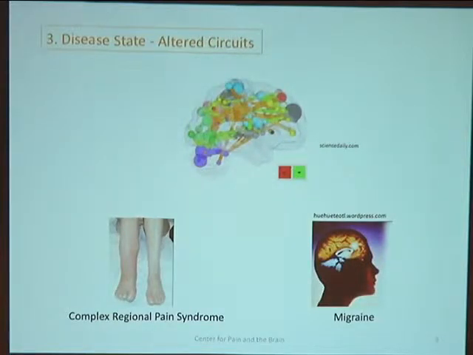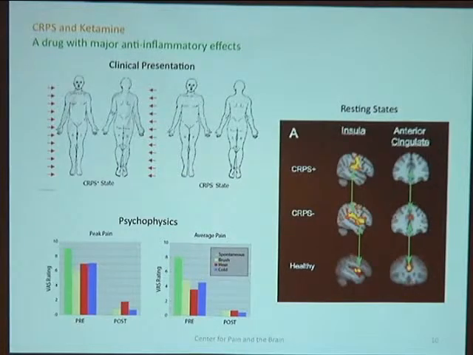And what we've done is looked at 2 groups of patients, groups that have received ketamine, and I'll talk to that in a minute, and pediatric CRPS patients. And what we like about pediatric CRPS patients is not only are they nice to us, but in general, if we do nothing to these patients, and you've heard contrary, but for many of them, if not most, they get better. And so there's something about the immature, developing nervous system that's important about the fact that kids get better and adults don't as easily. And then briefly about migraine and stress and the region that's involved in this disease. So before going to kids,